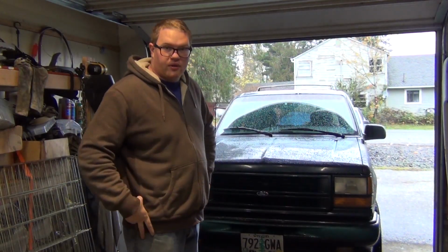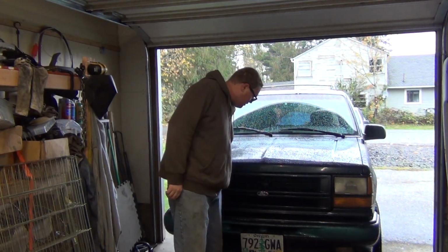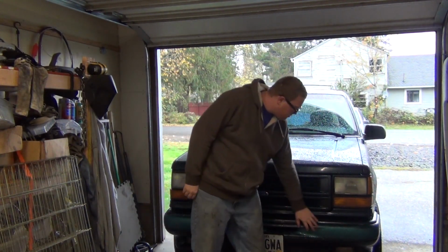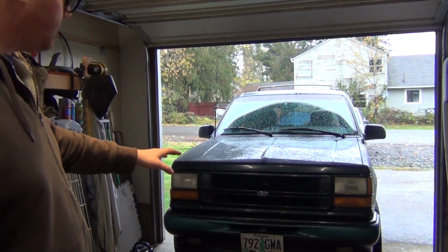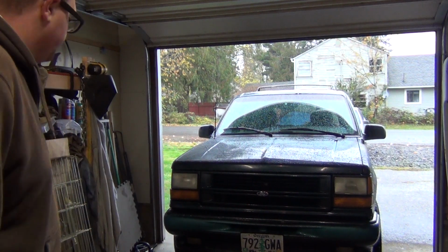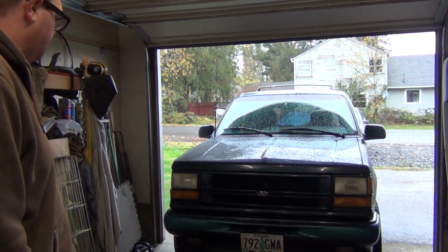Where am I thinking about putting the light bar? Well, I'm thinking about going right here on the bumper, but out of the way so that this portion of the bumper can be used to sort of nudge stuff if need be, and then that way we're not damaging the light bar. So, without any further ado, I'm going to go ahead and get the things I think I need. I'm going to go harvest the light bar off of the bumper, and